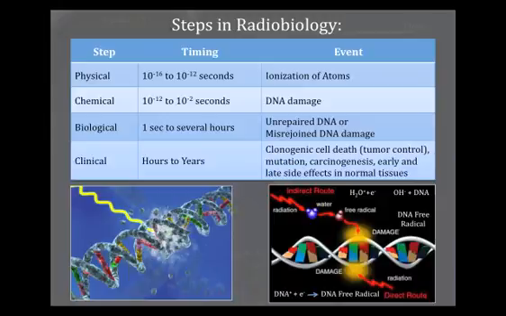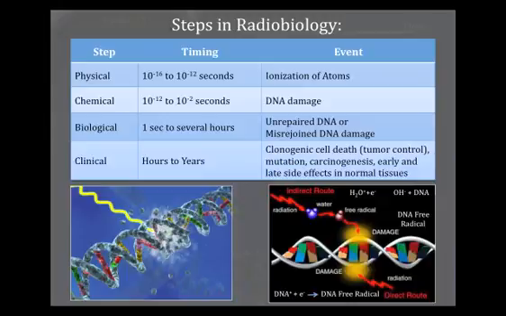That's direct. Now, probabilistically speaking, there is only 1 DNA per cell. So even though it's a very effective way to kill the cell, it's not as likely to occur as it is to hit other molecules inside the cell that are more abundant,